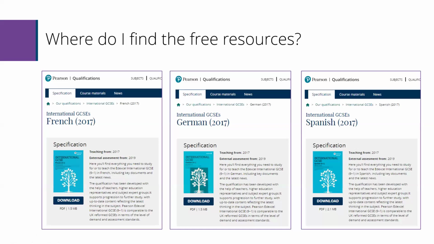Now, where do you find the free resources? The websites for each of the French, Spanish, and German specifications are there, and you can find all that material on the appropriate website. So make sure you go in there and have a look at the specification and the course materials.